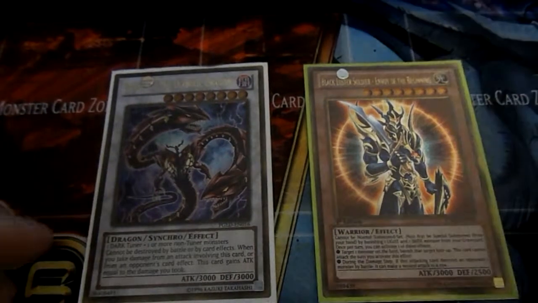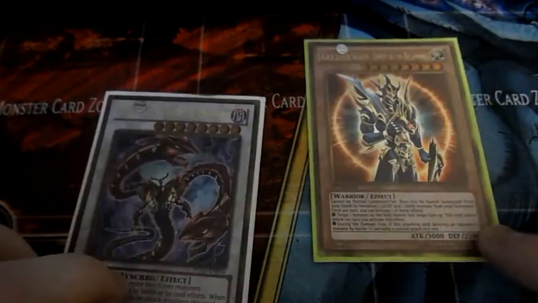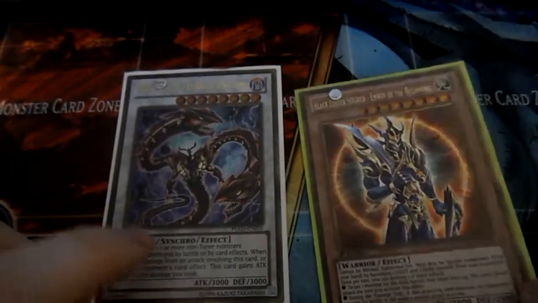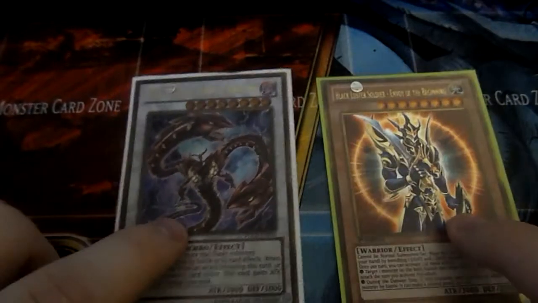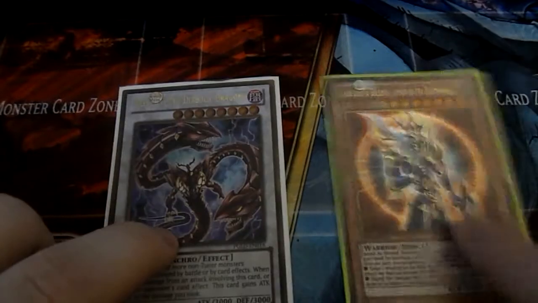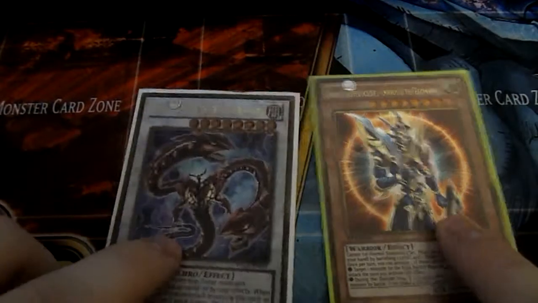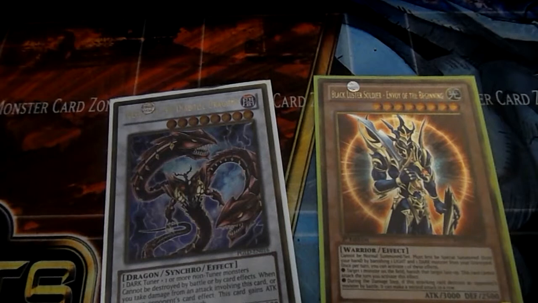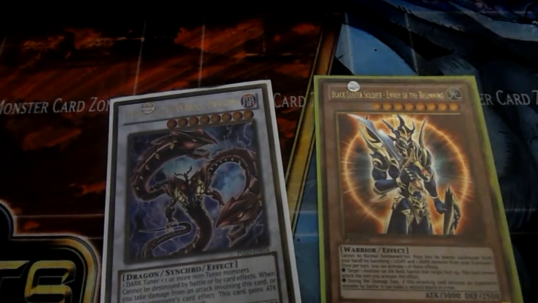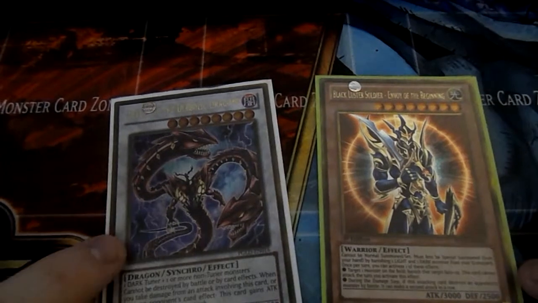The only problem is if they Magic Cylinder you, it would suck because it would come back at you no matter what. But if they don't, or like a Mirror Force, it would only kill Envoy. So it's a really interesting combo. If it can work, it's gonna be awesome. But I don't know, it's gonna be real hard. I only have 2 Double Summons, so I gotta be in the right spot at the right time. But that's been my